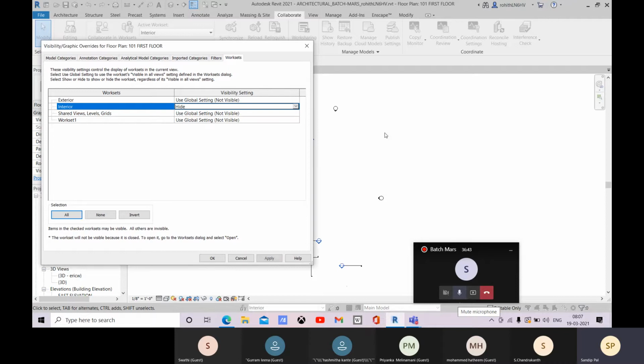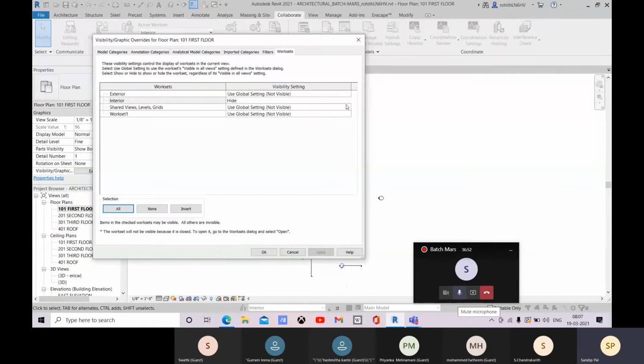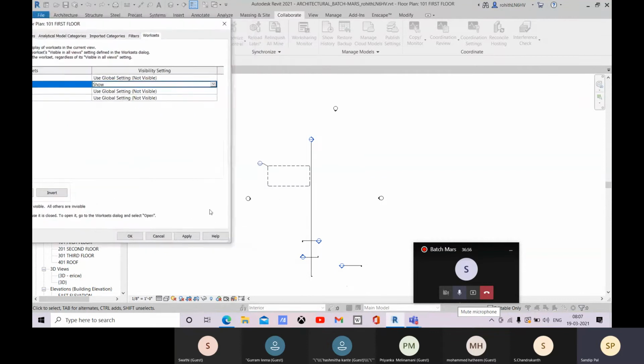If you want to hide this, you can hide. So you can override this thing, or else use this global setting.